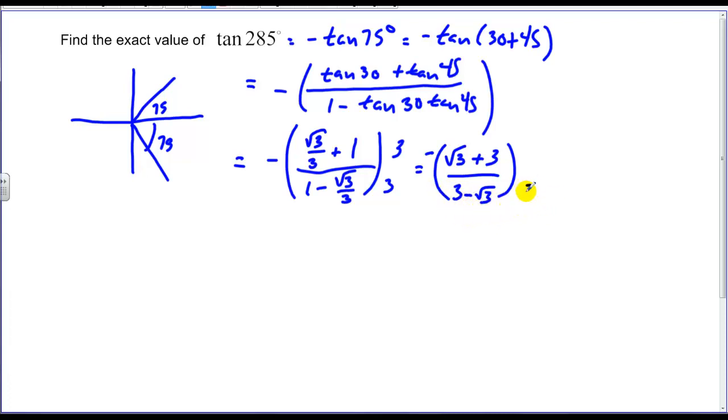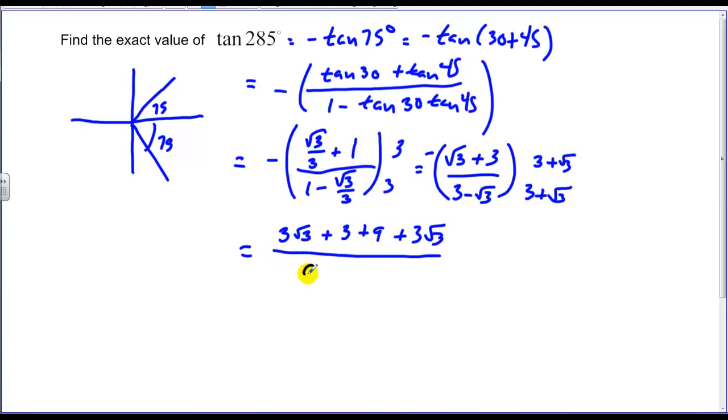So this is 3 plus root 3, 3 plus root 3, and I'm going to FOIL that out, I get, let's see, 3 root 3 plus 3 plus 9 plus 3 root 3